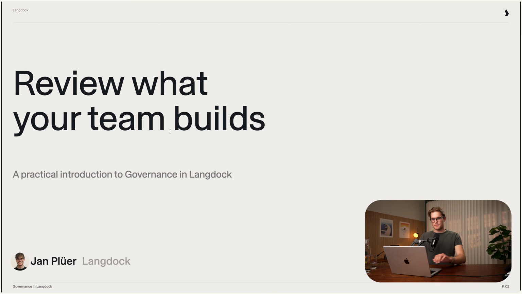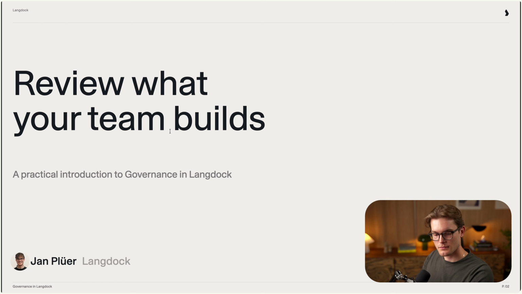So for today, the goal is that we have released a new tool that gives you the ability to understand and review what your team has built inside of Langdock. So a bunch of agents, skills, people are exploring the platform, are creating new things. That of course is always a bit tricky to stay on top of, especially if you have a workspace with a large organization, hundreds or even thousands of people inside of a workspace. It can become quite tricky to manage all of that after rolling out Langdock after a couple of